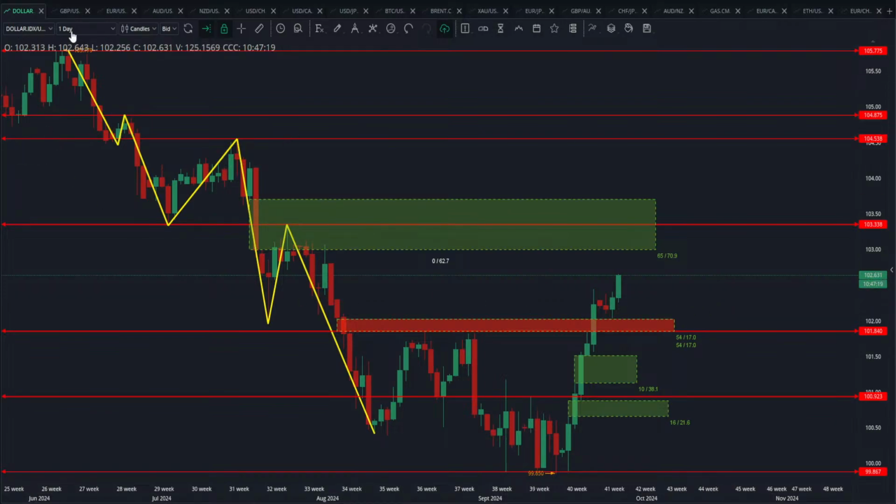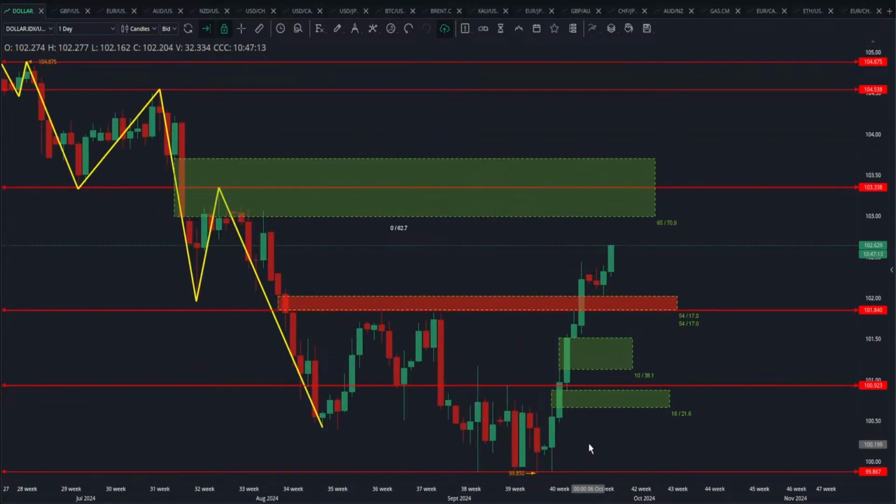So this is the dollar index 1-day chart. You can see, if we have to trade forex, we need to know where the dollar is going. So from here, we ascertain that the dollar is going up. Why? Because this swing high was taken out. We were looking for buys and buys only. Now, to what extent are we looking for buys? We are looking for buys till 103.33.